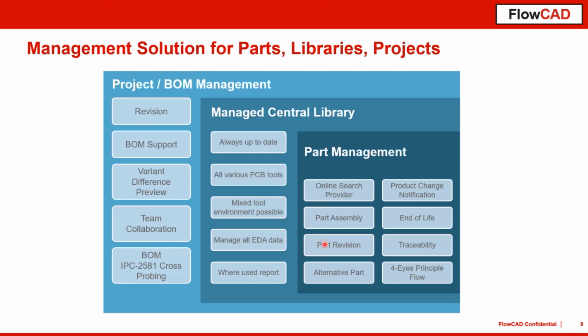So, continuing with the overview. Basically we have three parts of OMNYA. The first is the part management. This is mostly the metadata of the different components. We can, for example, use the search provider, have part revisions for sure, alternative parts and so on, and handle the end-of-life information, product change notification, and these kinds of things. We also have a small flow inside there, a four-eyes principle flow, to do the release